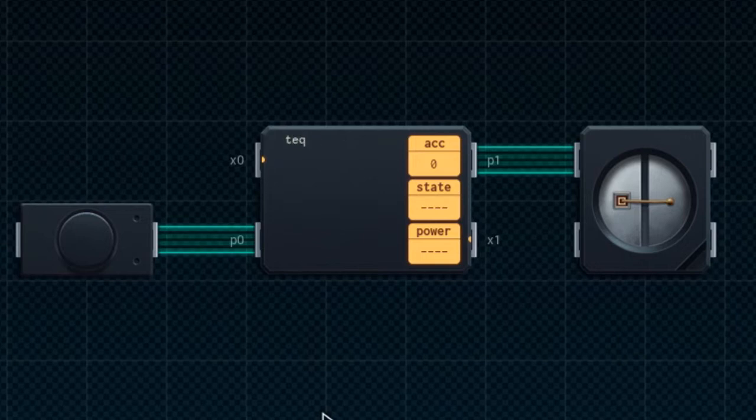So for this, we use the test instructions. TEQ means test if equal. So if P0 equals 100, it means that the button is pressed. And if the button is not pressed, then P0 is 0. So if P0 is 0, meaning there is no input, then we're going to sleep and we're going to jump